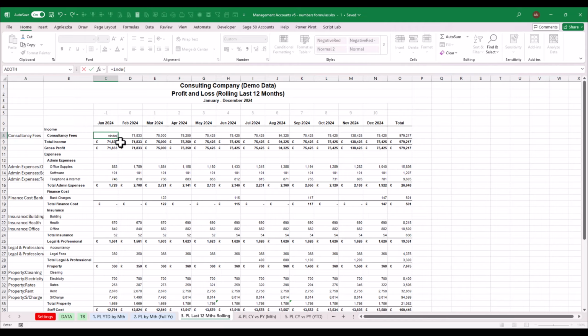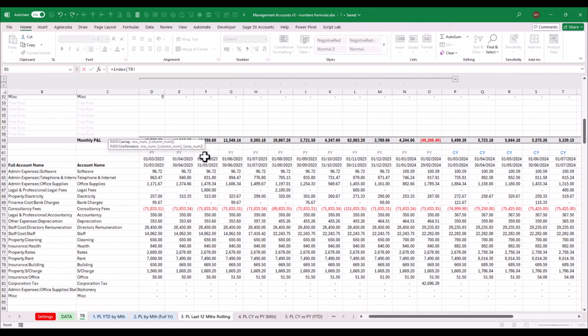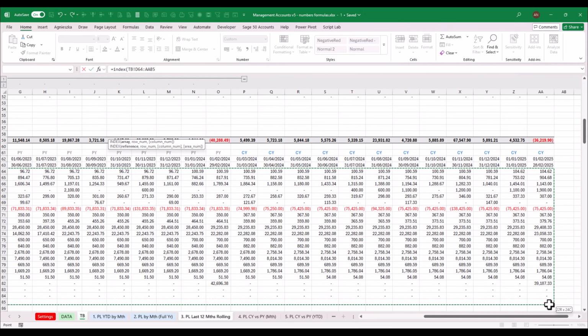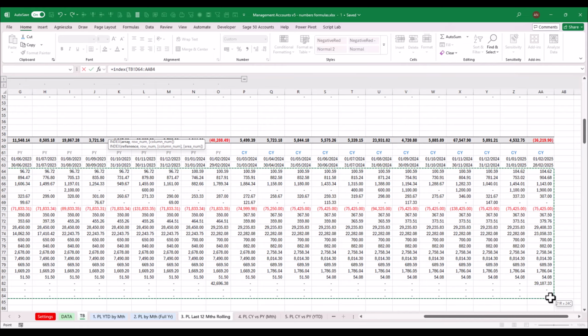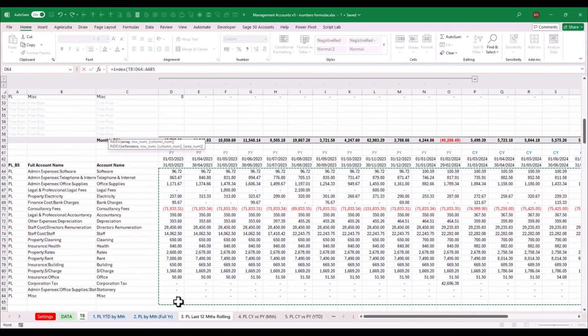So index. We want to index the whole, not the whole TB. I only need to index the whole P&L section of the TB. And because it cannot be now dynamic, I'm just going to add one extra row, because this may expand. At the moment it's like, I don't know, 15 or so rows. It may get bigger with time. So we will take care of that as well. For now, I'm just giving one extra row, and I'm going to fix that,